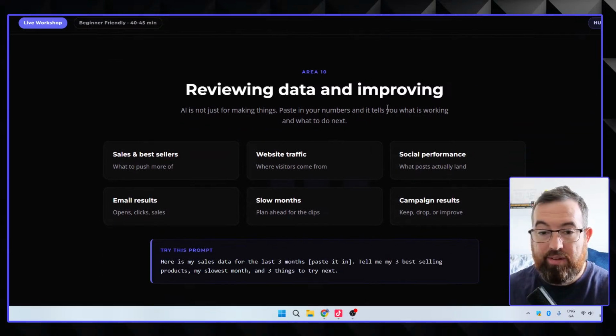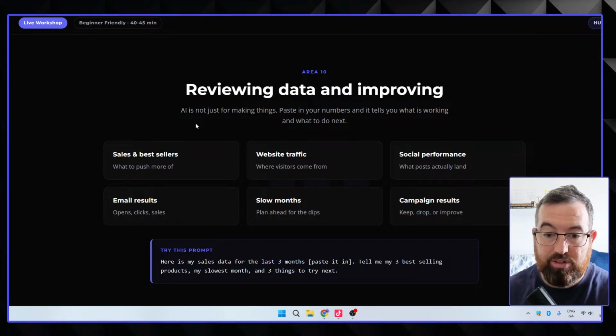Area number 10 down here then is reviewing data and improving. So this is probably the key thing here: it's not just that AI is making things for us. You need to understand what's working and what's not working. So if it's a case